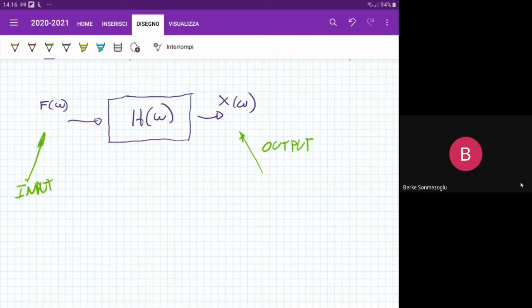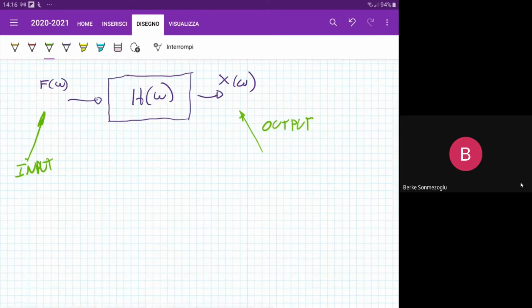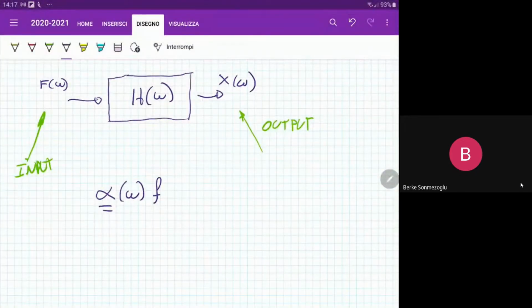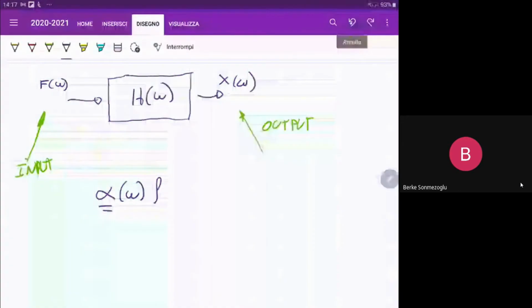but sometimes you can see or hear different names according to the physical quantities that your system is relating, specifically with respect to the output. So generally, the receptance is the system transfer function that is linking the input, which is a force, with the output, which is your actual displacement. So for example, we can write this equation: your alpha, a function of omega, times your vector of dynamic forces F